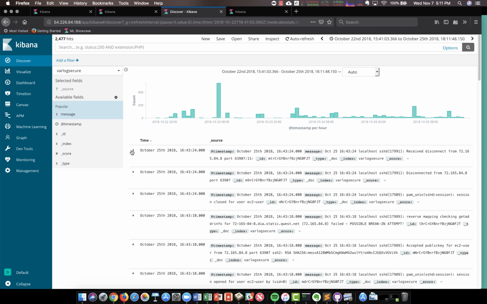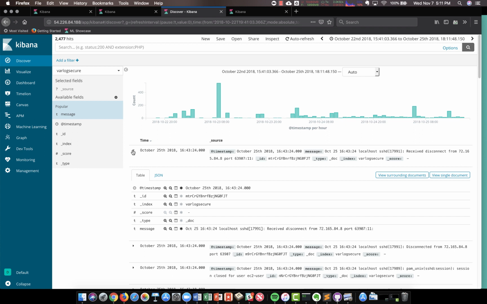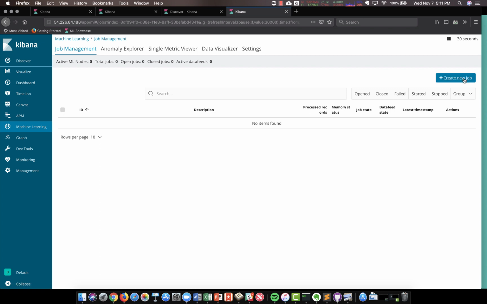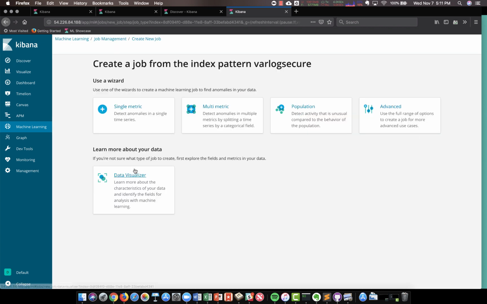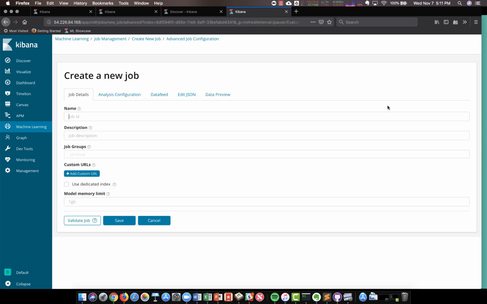Inside of Kibana here, I can see a log file that's been ingested. It has a timestamp and a message field, and again, the message field is pretty much arbitrary text. When we go to machine learning, what we need to do when we create a new job is to point at that particular index where that data exists, go to the advanced job option, and in here, after we give the job a name,